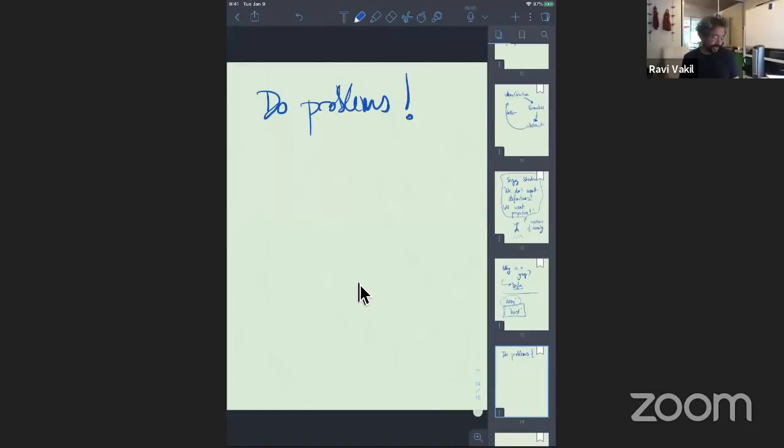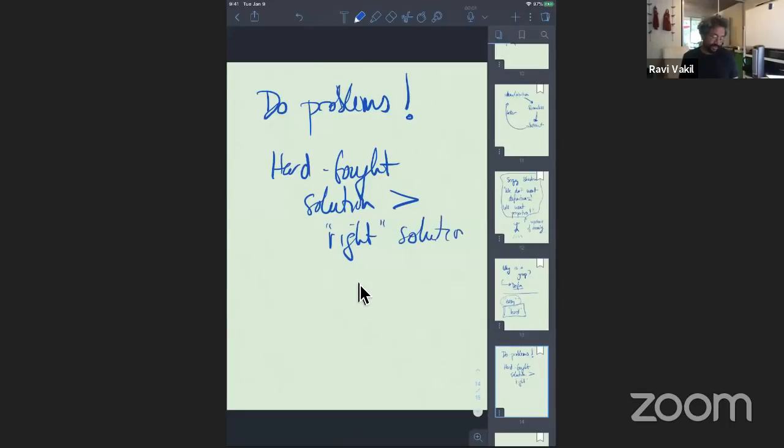And in particular, there's a question when you do problems on a problem set. A standard question I get in all sorts of classes is, here's my solution, now what's the right way to do it? And the solution in question is several pages long, and maybe there's a four-liner, but any hard-fought solution, even an incomplete one, is actually better than a right solution that you just read. You can always read the right solution after, but your understanding only comes after trying, and even failing is fine, but you have to fail before you look at the right solution.